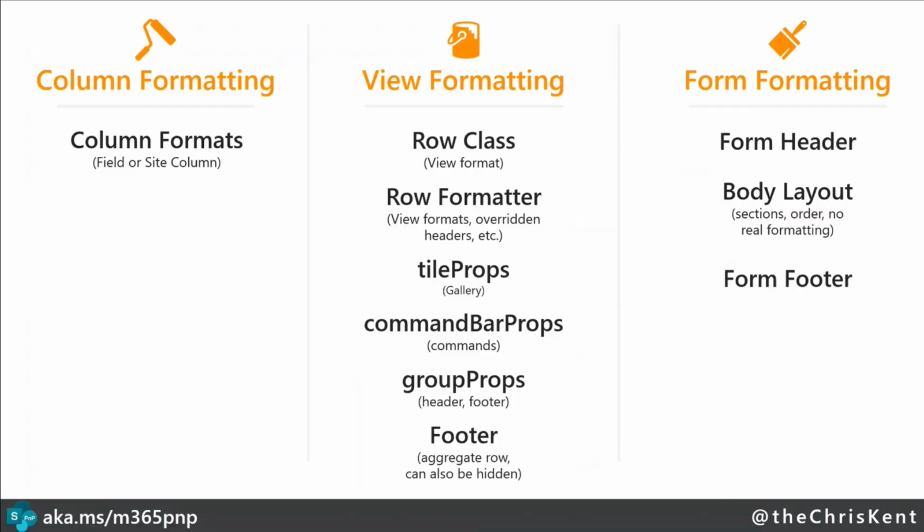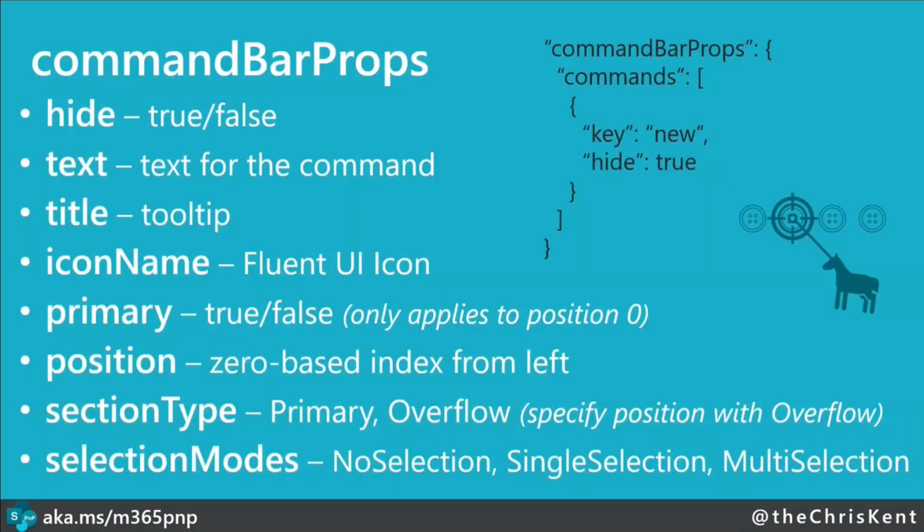And I'm going to run over here, and I just want to point this out real quick. So take a look at this. This is the idea of all of the different things you can set, right? Again, most of these things evaluate to true or false. You can write true in a string. You can write true without strings. That's kind of up to you. And everything but these last two can be expressions. So section type and selection modes cannot be expressions, just these guys. And if you're looking for more details on these, you can always click on that schema, and it will tell you everything that's possible right there in the browser.